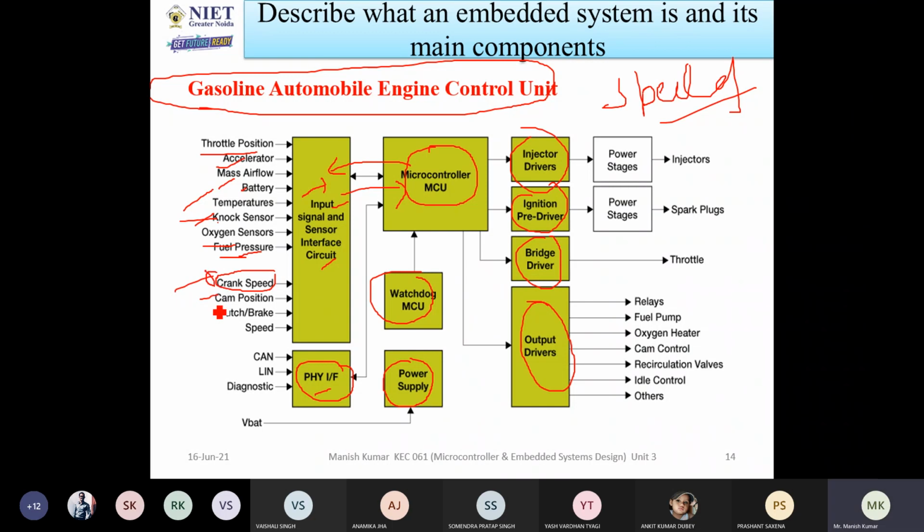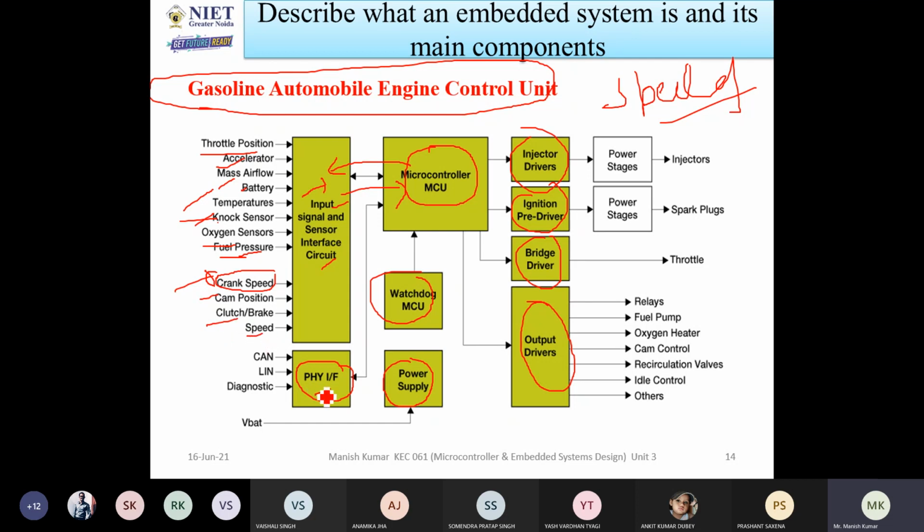Now the cam position sensor will monitor the position or rotational speed of the crankshaft. तो crankshaft क्या होता है? कि टायर्स, दो टायर्स होते हैं, दो टायर्स के बीच में जो लगा होता है, ठीक है, रोड सा, that is called crankshaft. So you can measure this. Also, you know, clutch and brakes will be required.